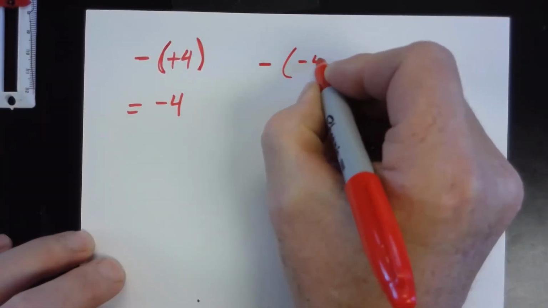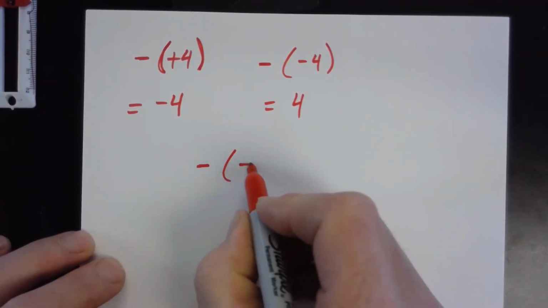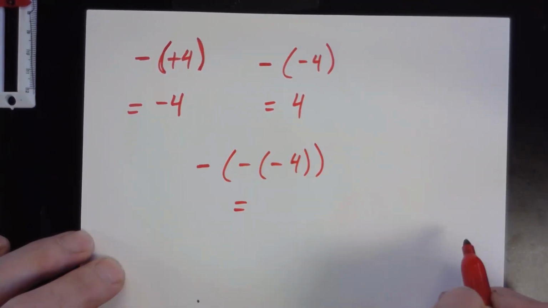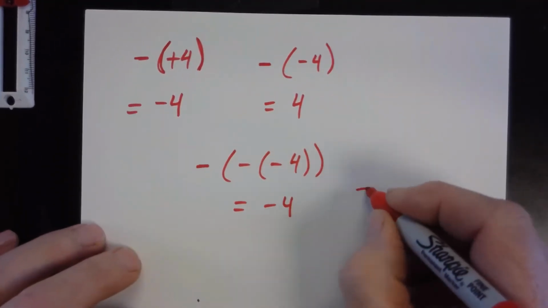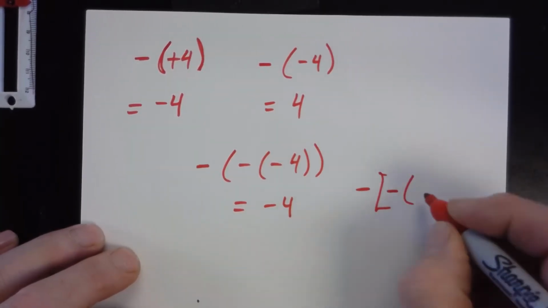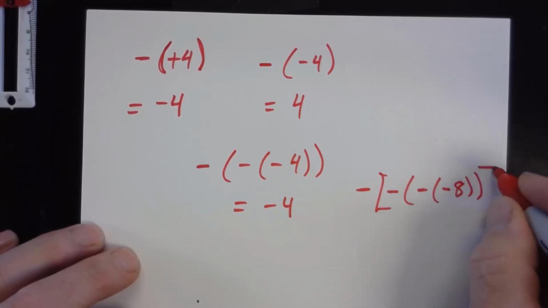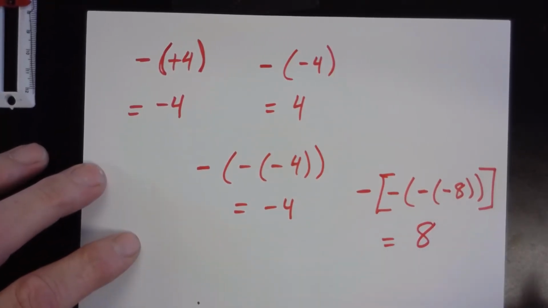How about now? Positive 4. How about now? Negative 4. So I hope you understand what's going on here. They might give you another one. What do you think? 8. Positive 8. Make sense? Are you all starting to look at how many negatives there are? Does it matter how many positives there are? No. So if I had this,